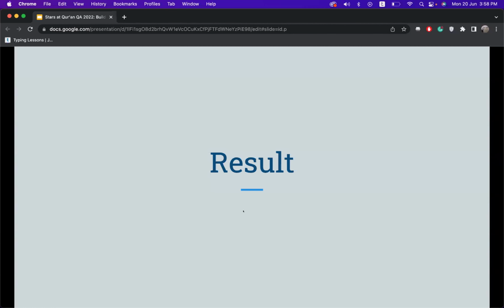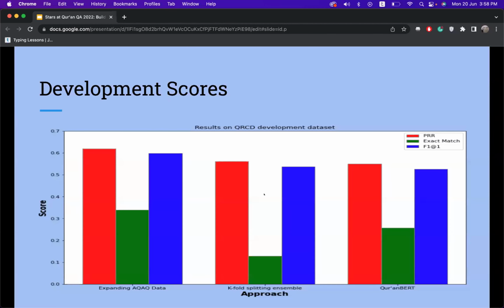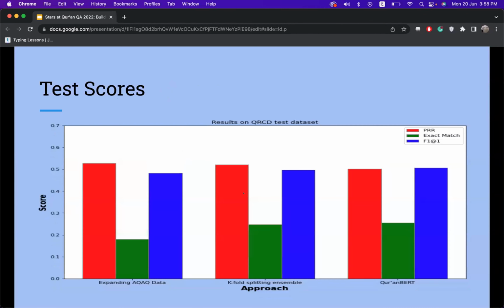About the results. These are the results of the 3 different approaches on the development dataset. All 3 systems perform better than fine-tuning our BERT-based model with QRCD data. And these are the results on the test set. We noticed that the ensemble and Quran BERT aren't as effective as increasing the size of our data with fresh samples. The reason is that we have only